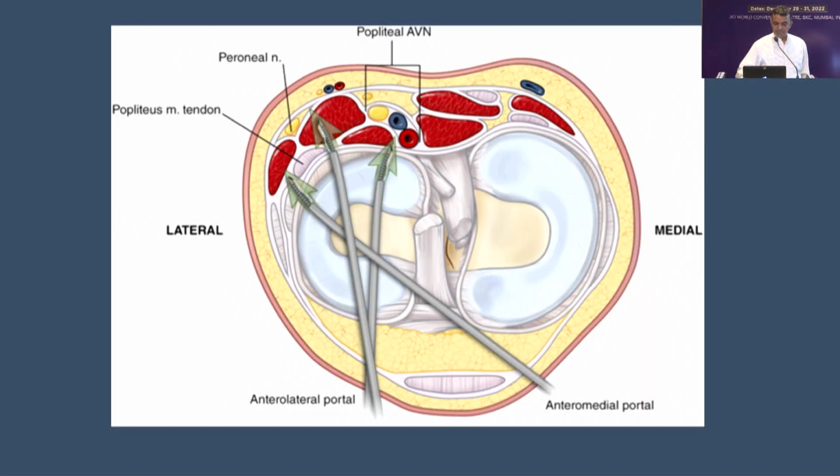Yeah. So in this figure, you can see this proximity of the popliteal artery just behind the peripheral part of the lateral meniscus, hardly 6 to 8 millimeters. So why it is important is when we are doing this, normally this is the anterolateral viewing portal and this is a working portal, and to avoid this we can go anteromedially, so that the trajectory of the needle would go away from the